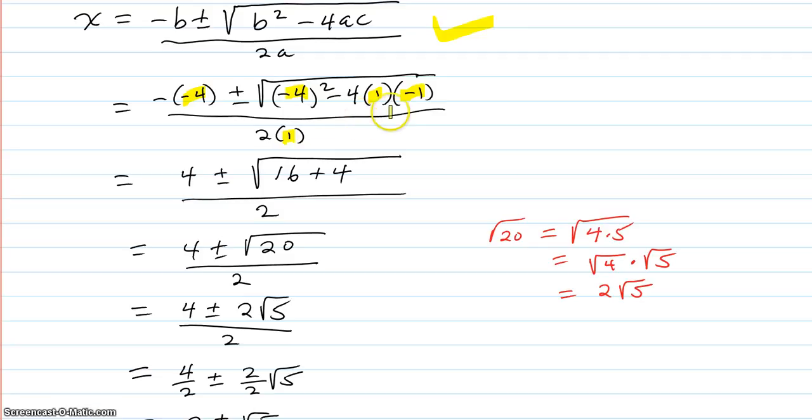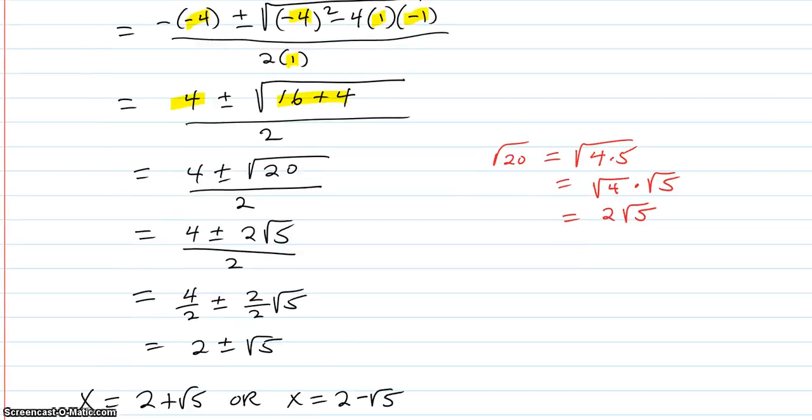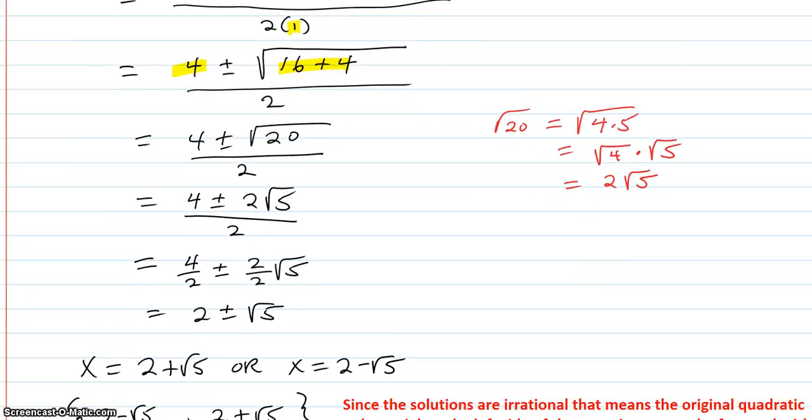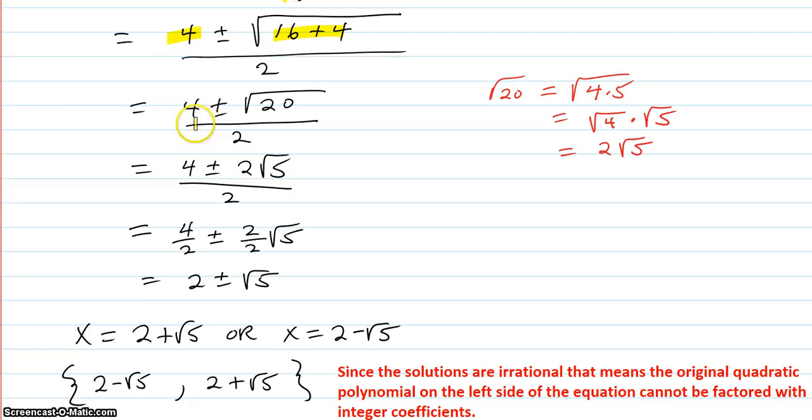You get 16 plus 4. And here, the negative of negative 4 is positive 4. 2 times 1 is 2. Come down here. 4 plus or minus 16 plus 4 is 20 divided by 2, and the square root of 20